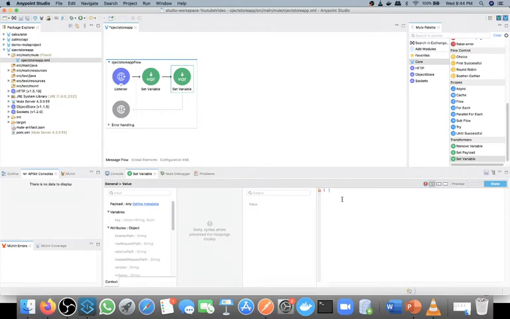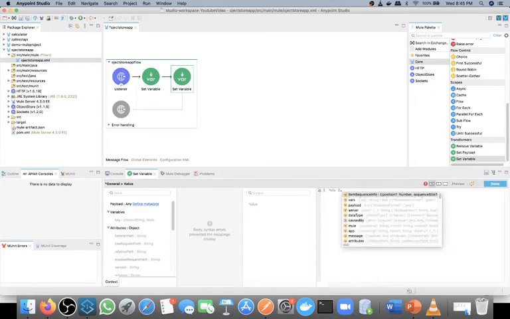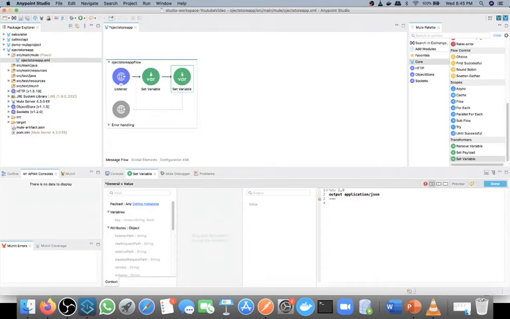Now, DataWeave two point zero, and then output application/json. Then I will create one JSON object where inside value I will take the value from attributes dot queryParams dot value.